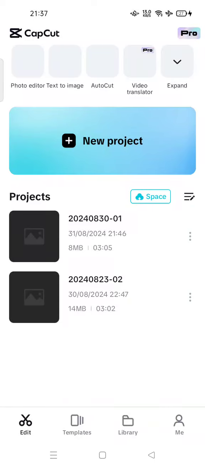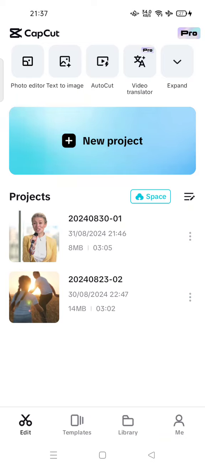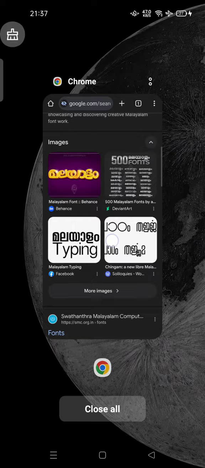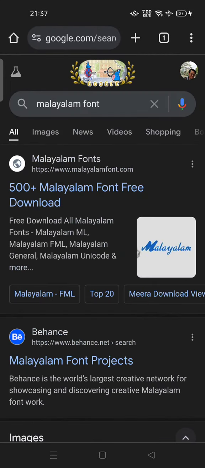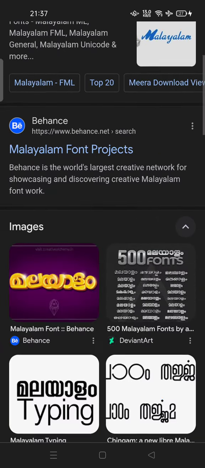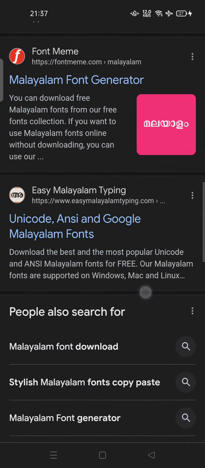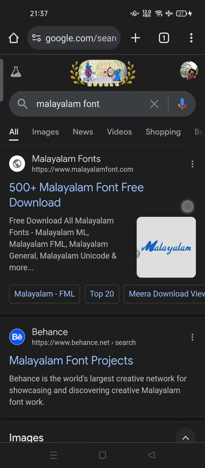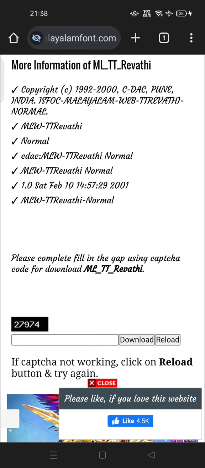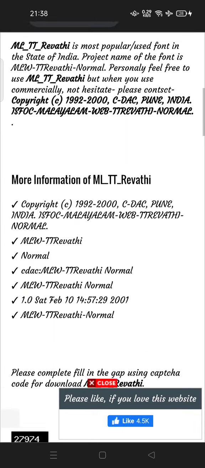Today I'm going to show you how you can add Malayalam text in CapCut. So all you have to do is, before you open your CapCut, close or shut down CapCut and go to Google Chrome, and here you can search for Malayalam font on some sources on the internet. So you can download the font in Chrome, and you can use any source here that can be downloaded. After you download it, you can install it on your